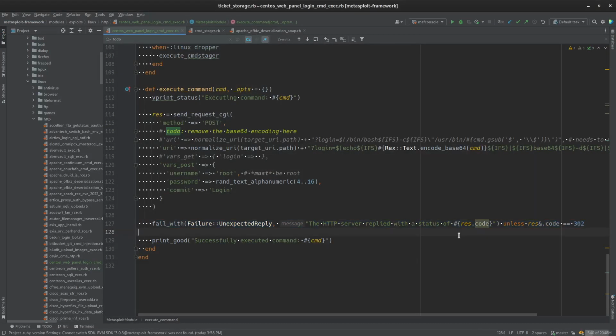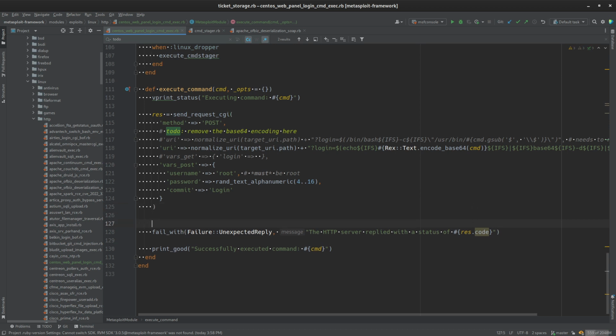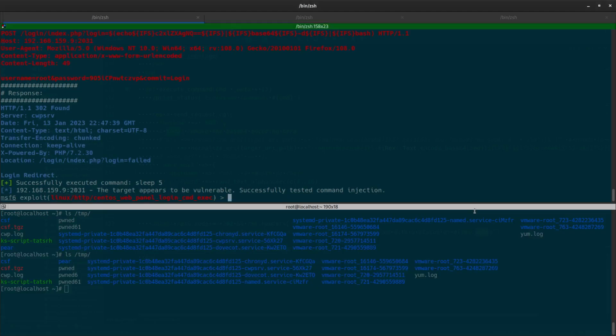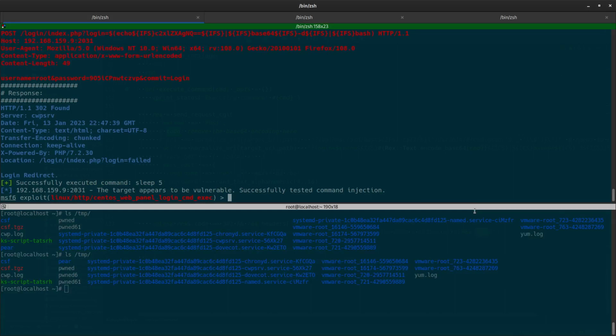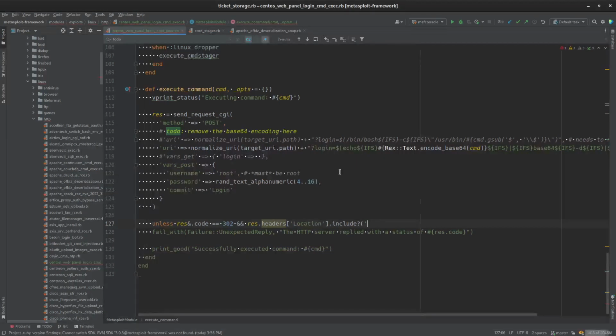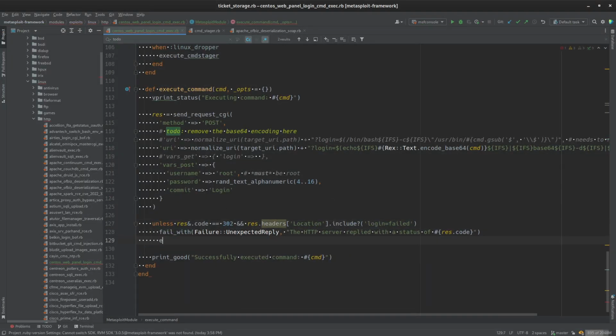So let's check this out. Is this line starting to get a little long? And res.headers location. Let's do dot include logon equals failed. Because the logon will fail when the command is successful. Let's pull that back on out